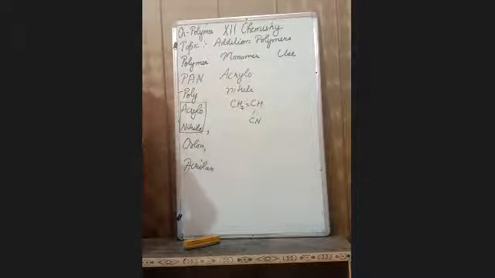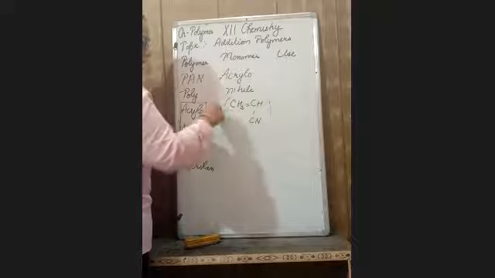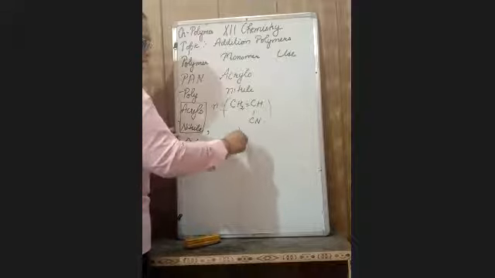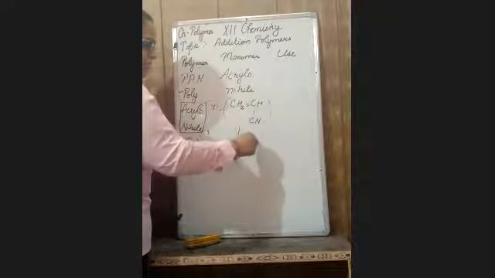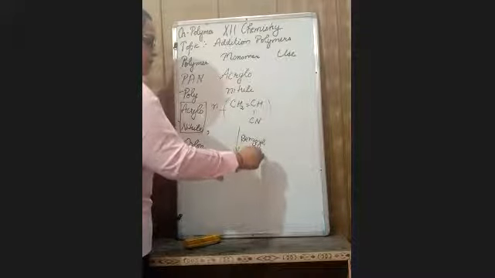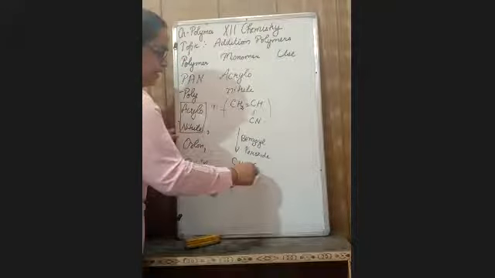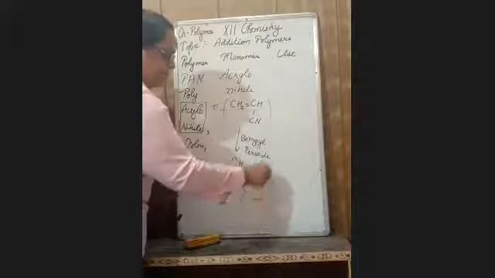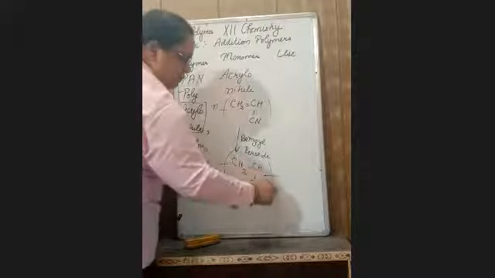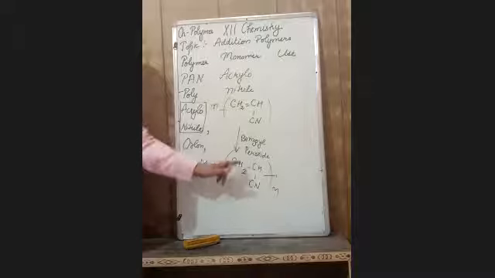Its monomer is acrylonitrile. In the presence of benzoyl peroxide as catalyst, it will form your polymer, that is PAN. Fine. They undergo a polymerization reaction to form PAN,